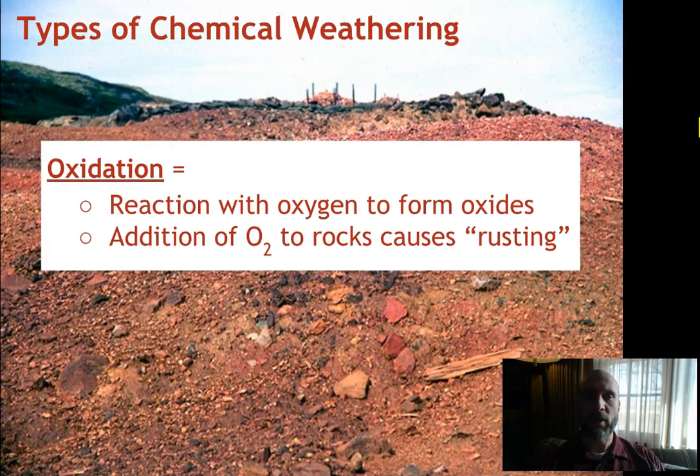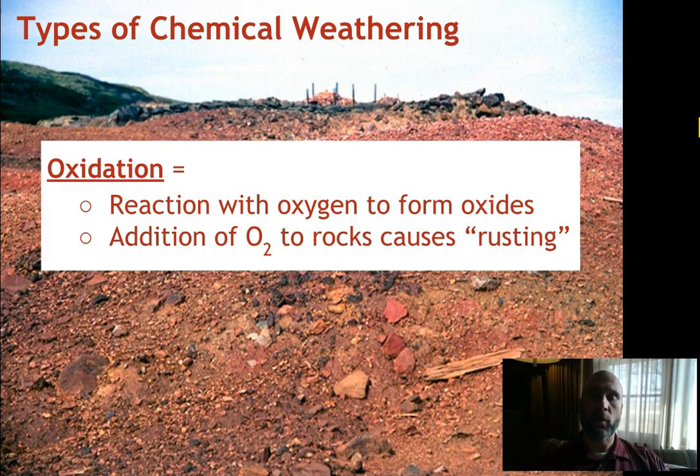Okay, now oxidation is when these rocks react with the oxygen in the atmosphere. Okay, so you're going to find this in rocks where iron is present, obviously, so the water reacts with the iron to cause this oxidation. So geologically, this is very important for us because we actually use this kind of process to be able to figure out or determine when we started to have a significant amount of oxygen in the Earth's atmosphere, because there was a period of time where the rocks, we didn't see any of this oxidation occurring,